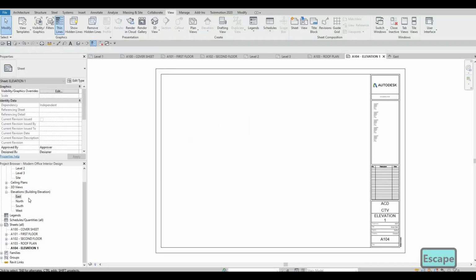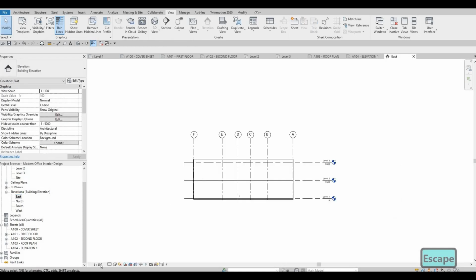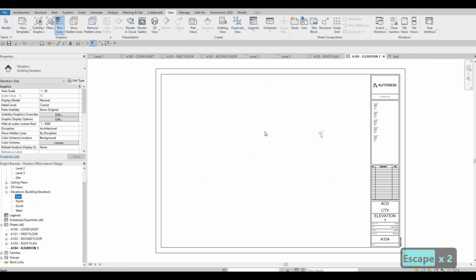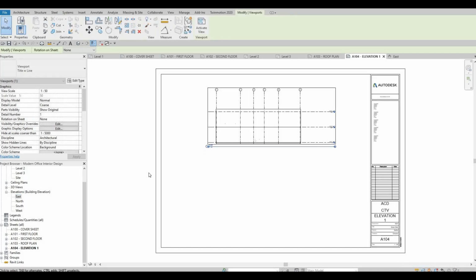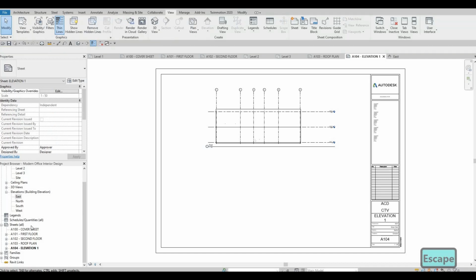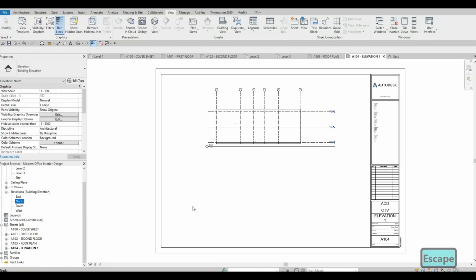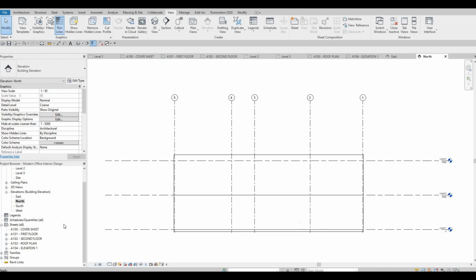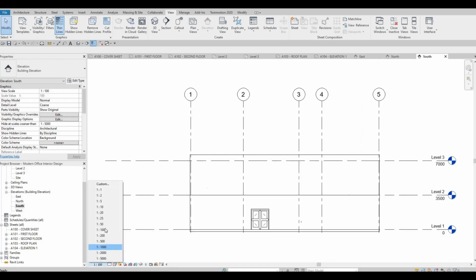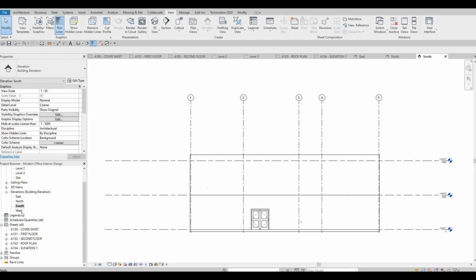As you can see, it's too small. Press escape. I'm going to go back to east. I'm going to change it to 1:50. After that, grab east again. You can see that it looks proper. And then go to north first. Change it to 1:50. Let's go to south 1:50. And then west